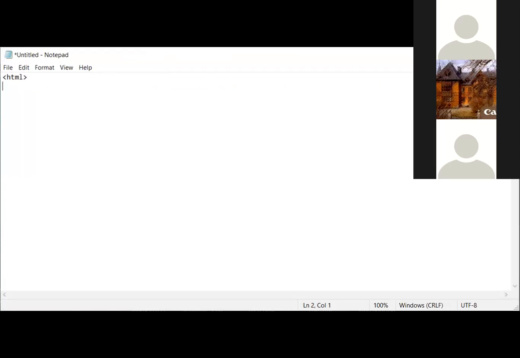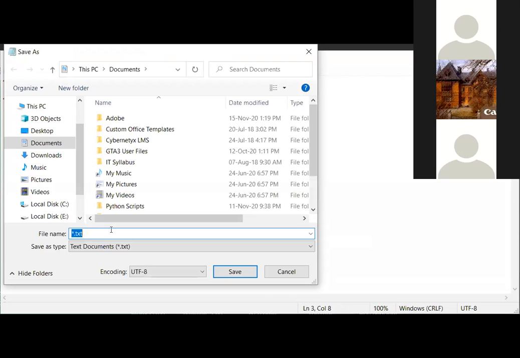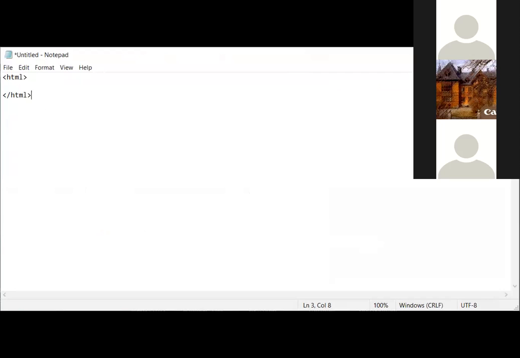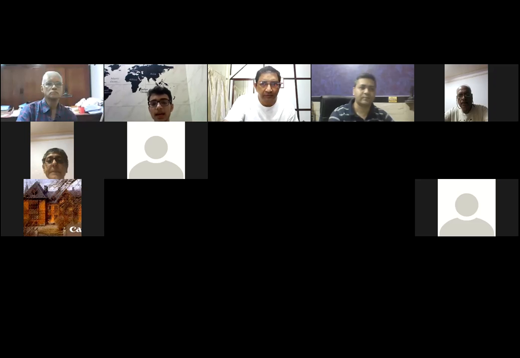You can open the tags, then close the tags, and save the file with an extension .html. If you have the extension .html, then your website and your code will run. But it is advised to download a text editor.